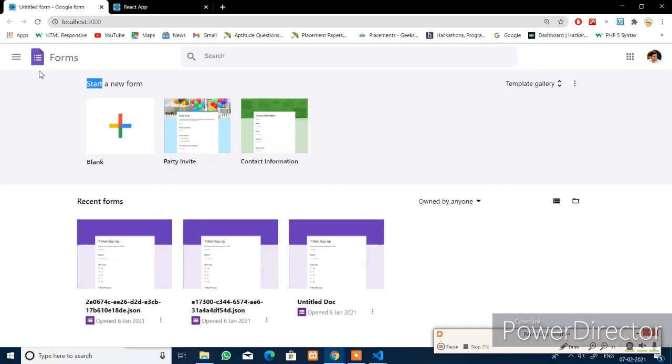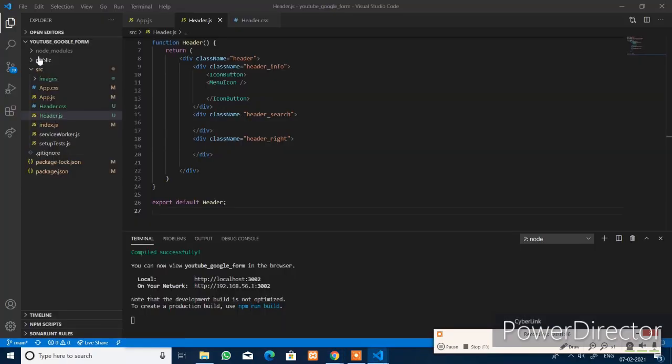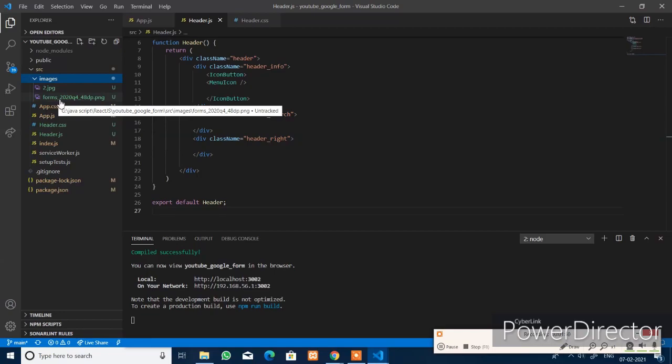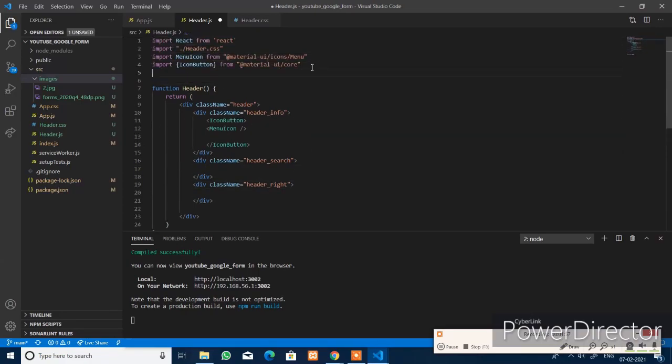To get this image, I already saved that image in the images file here. You can see form 202 underscore 2020. To import that file into this header component, import dp.png.